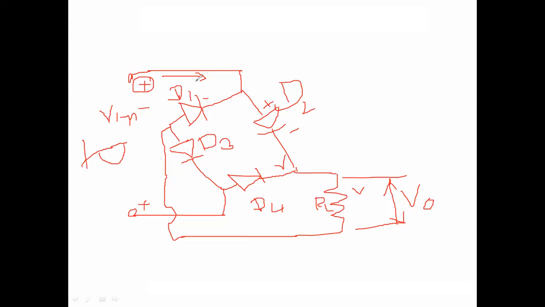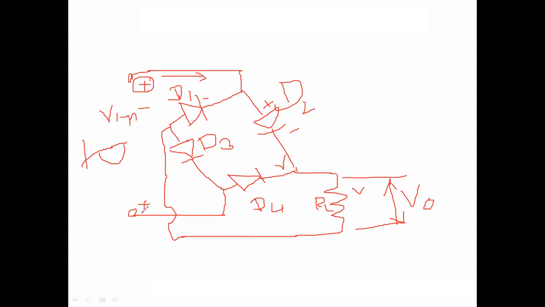So this negative terminal is applied to the diode D2. This goes from negative to positive terminal, so this becomes reverse bias. Okay, the negative terminal is connected to the negative of D1. Then this becomes on, that is, forward bias. The negative terminal is connected to the negative of the PN junction diode, so it conducts.